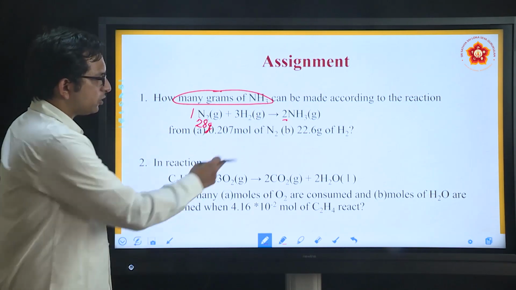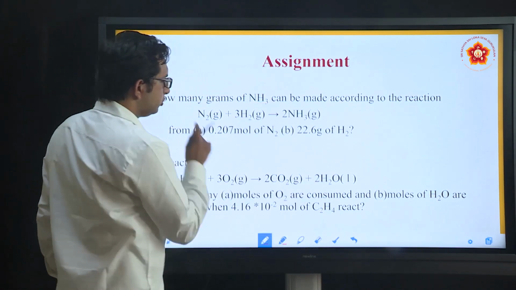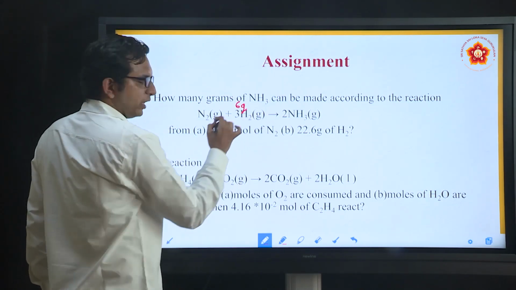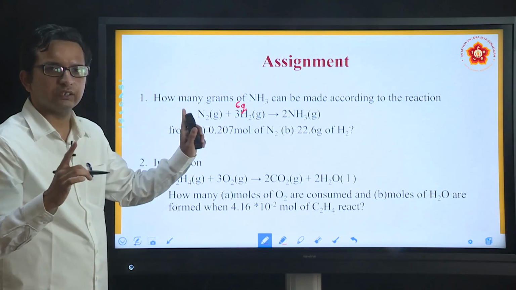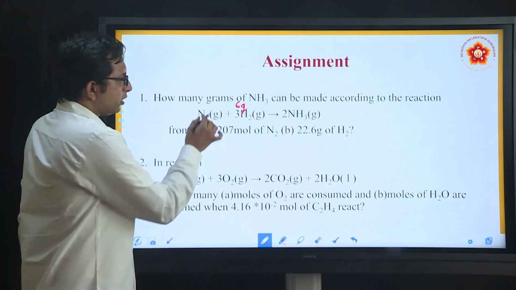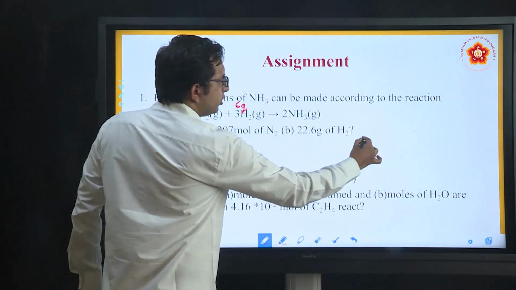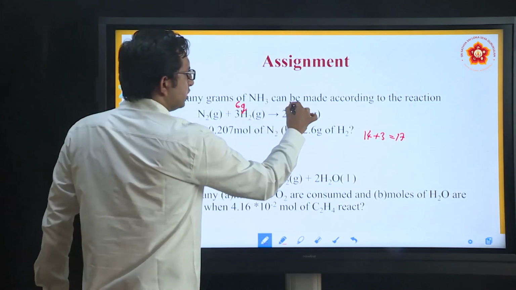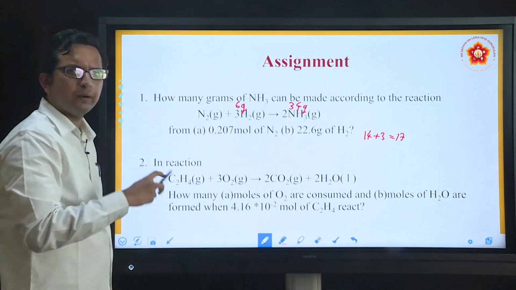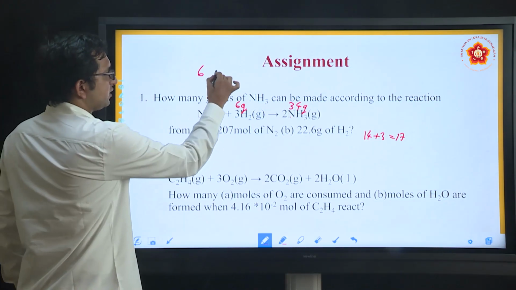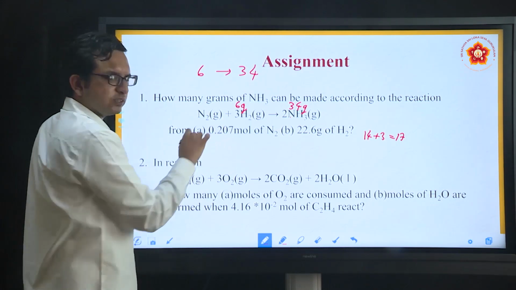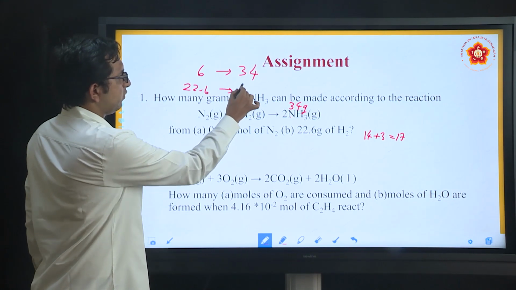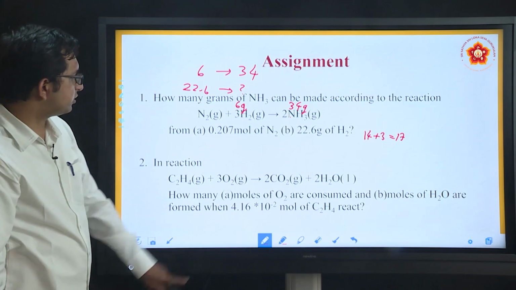That is the first thing that you will have to calculate, and for that mole, how much ammonia you get. What about this 22.6 gram of H2? We know very well that in this reaction, 3H2 is nothing but 6 gram, because hydrogen is 1 into 6 parts. So, if it was 6 gram, you would have got ammonia, which is nothing but 14 plus 3, equal to 17. And since it is 2 moles, you would get 34 gram. So this again is a simple direct cross multiplication. If 6 gram of hydrogen gave 34 gram of ammonia, how much will 22.6 gram of hydrogen give? So this is about this question.